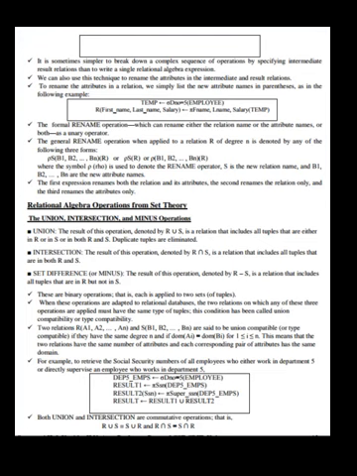This means that the two relations have the same number of attributes and each corresponding pair of attributes has the same domain. For example, to retrieve the social security numbers of all the employees who either work in the department 5 or directly supervise an employee who works in the department 5. See the figure here. Both union and intersection are commutative operations, that is, R ∪ S is equal to S ∪ R and R ∩ S is equal to S ∩ R.